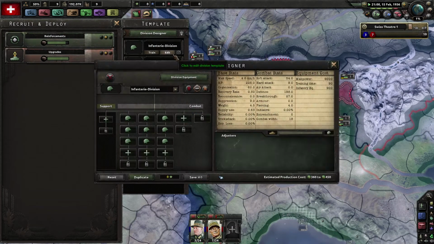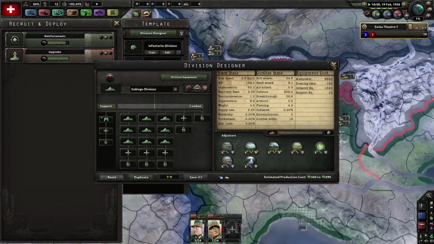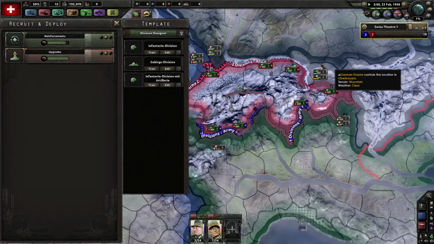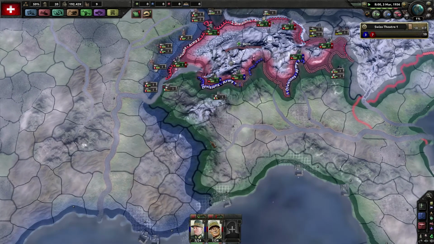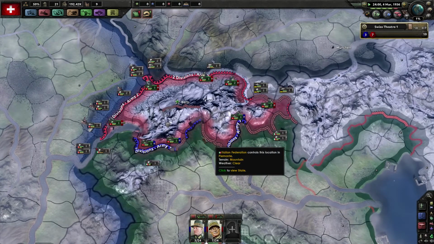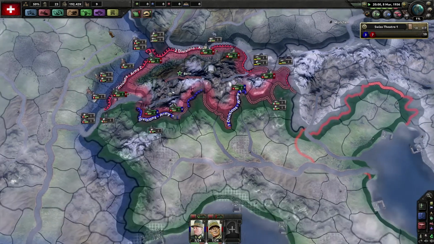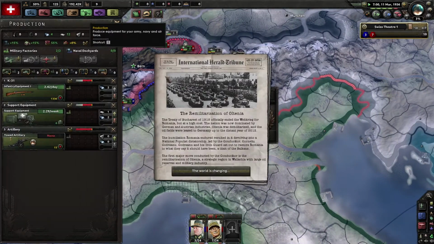So how do my armies look like? Combat width of 18, that's okay. Combat width of 18, that's okay. And a combat width of 18 with some field artillery in it. Mit Artillerie, Gebirgsdivision, Infanteriedivision. Yeah, that's okay. I like it that way. Don't need to delete any of those. I don't have any artillery, of course. I'm short. 15. I'm not producing any right now. I mean, I probably could...